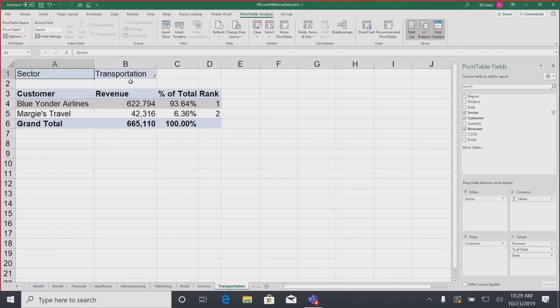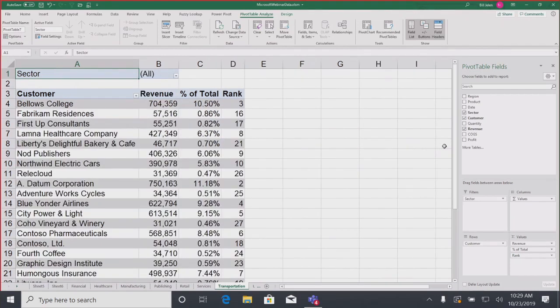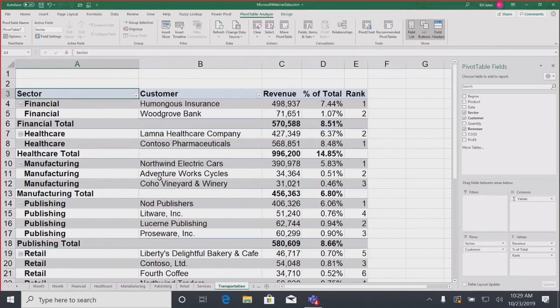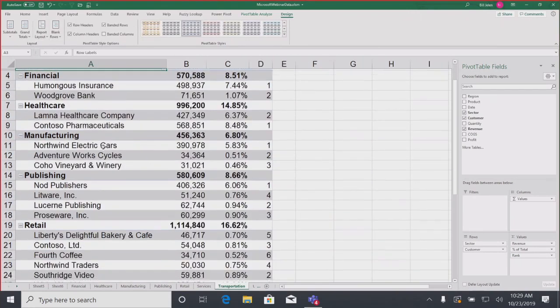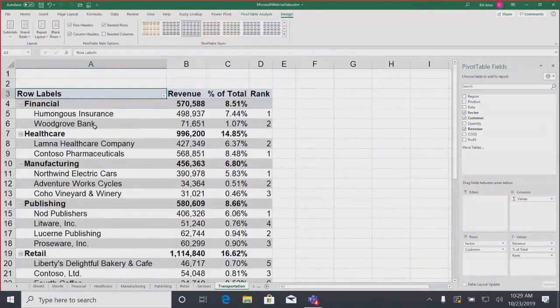And oh, by the way, let me show you one more cool thing, and then we'll move on to the new pivot tables. I'm going to take sector and drag sector to be the first row area. So we have sector in column A and customer in column B. And I'm bragging that my pivot table looks so awesome. Your pivot table, most likely starting in Excel 2007, had this compact form, which is great maybe if you're doing a presentation, but if you're actually going to reuse this data, compact form is not the best thing in the whole world.